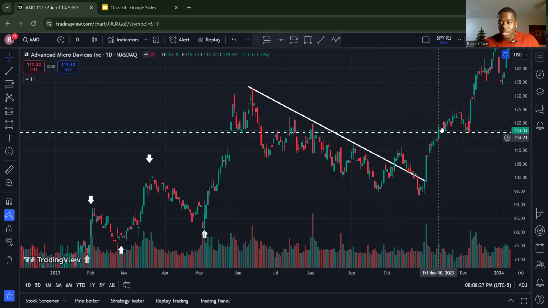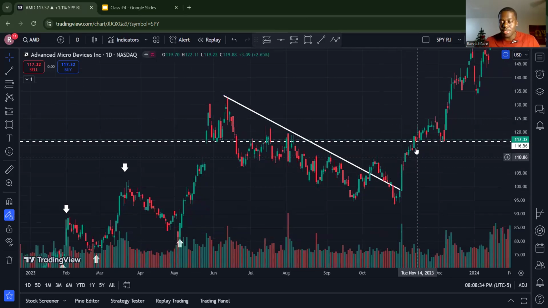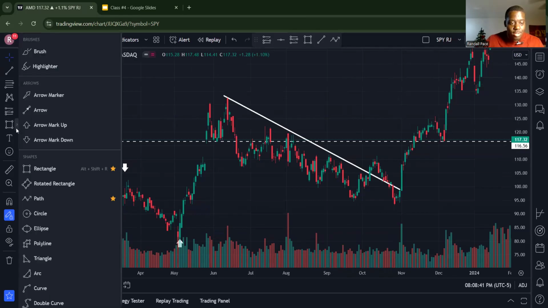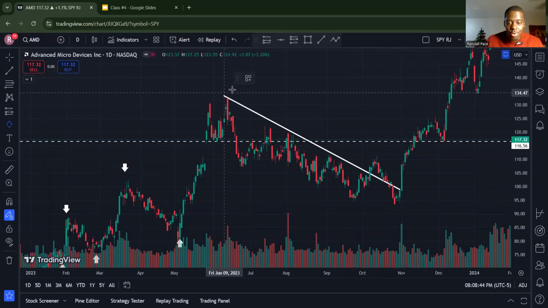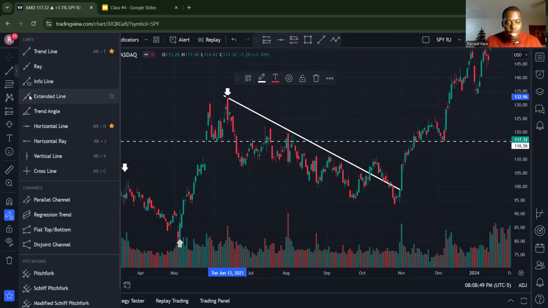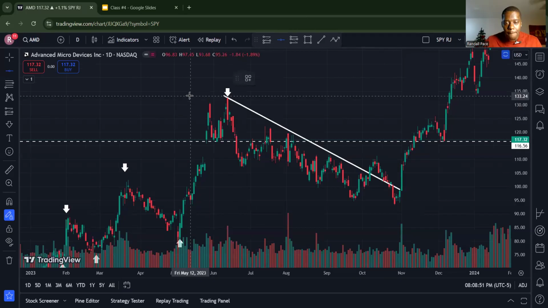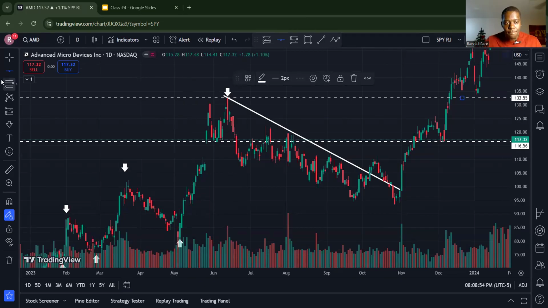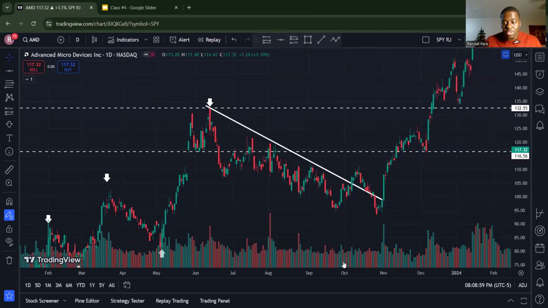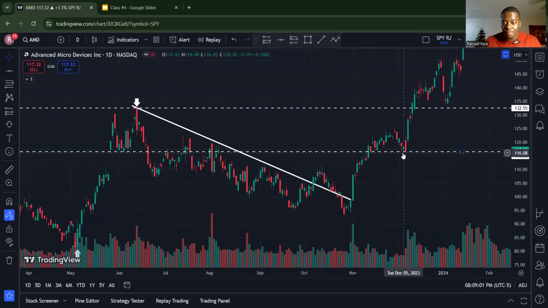So when this started breaking out again, it kind of just ran, really didn't even try to make another little base or anything. It ran, pushed back down, finally broke these highs eventually. It got pretty messy around here. Got really messy around here. And this is why risk reward is also important, because technically,